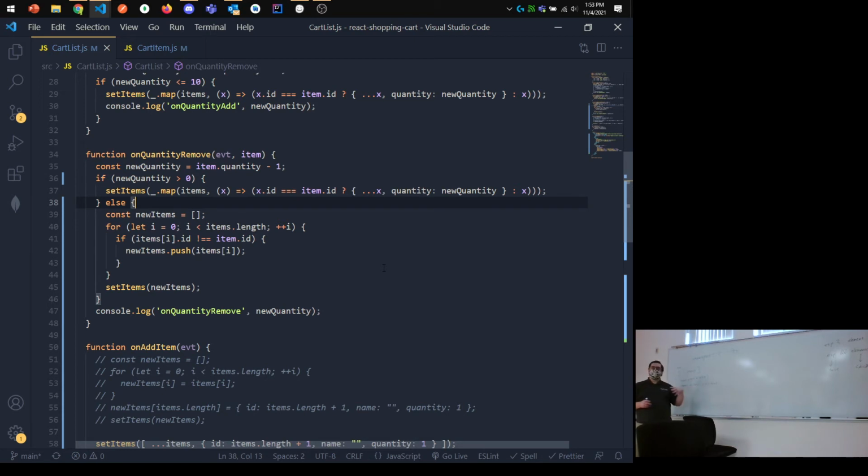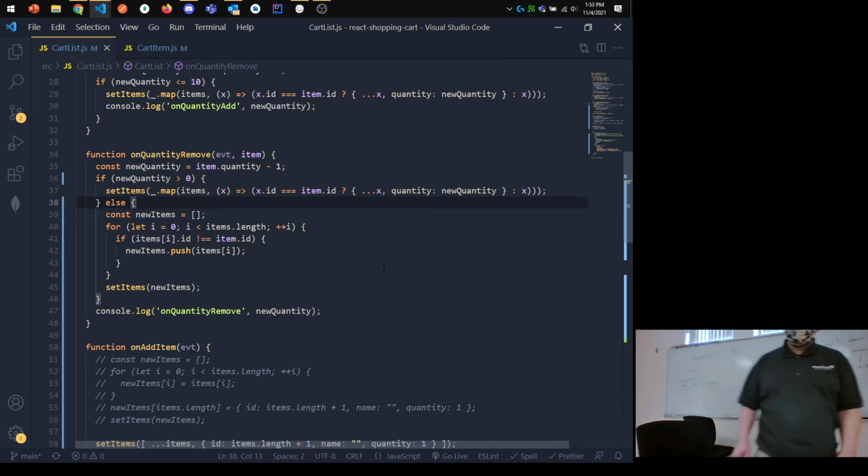If it returns false, we throw it away. Okay? And our predicate's really simple. We have it right here. We say if the IDs match, we're going to keep it. Otherwise, we're going to throw it away. Okay. So the way I do this with filter